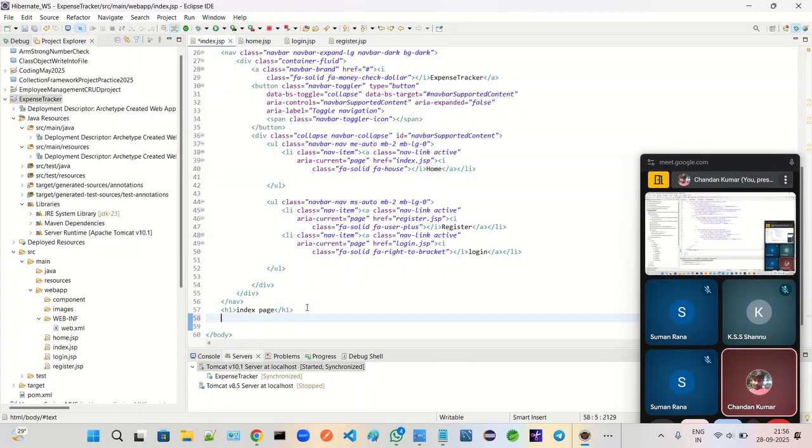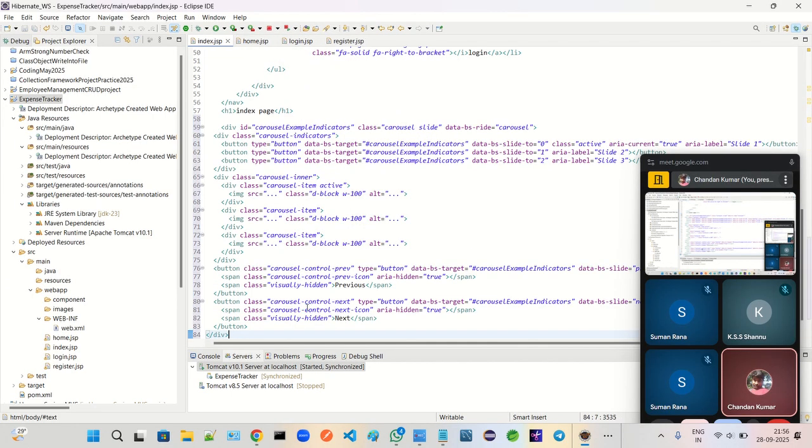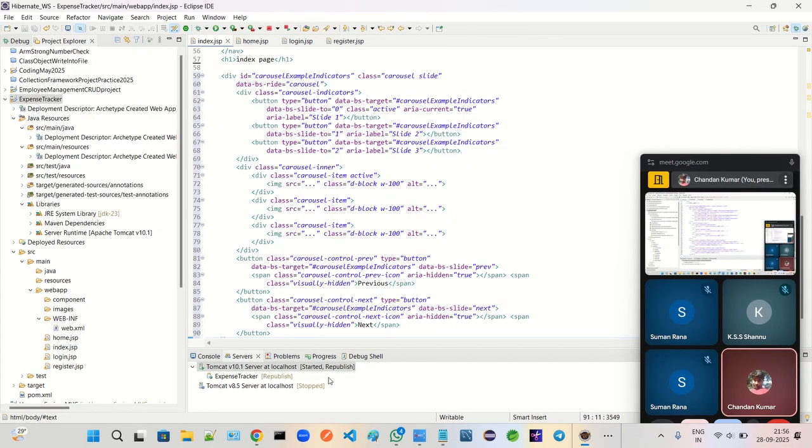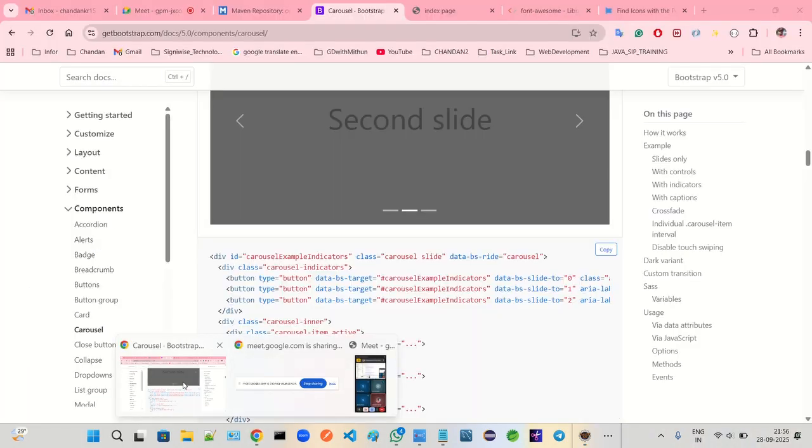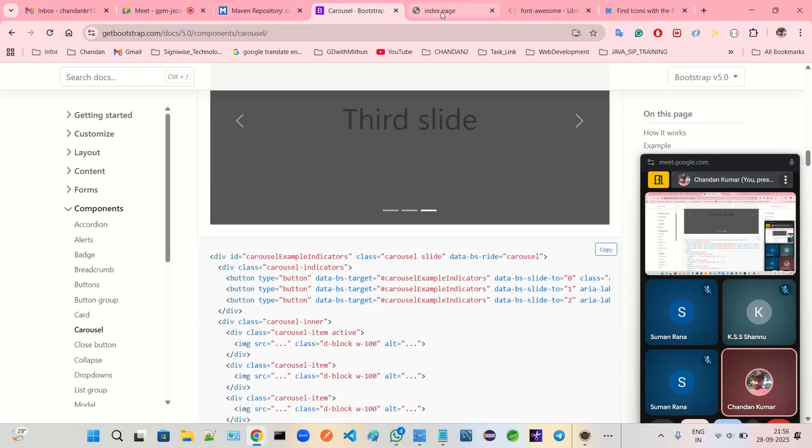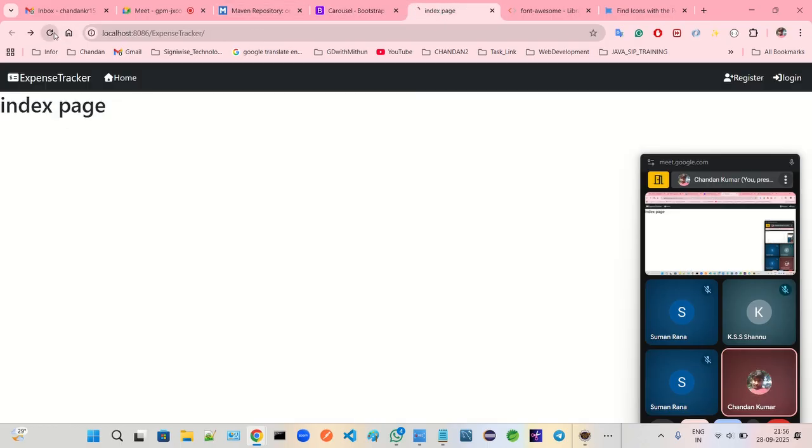We'll refresh and we'll see that carousel. This is which one? That index page. This is the index page, but we'll go to that home page over there. We'll display this carousel. Okay,